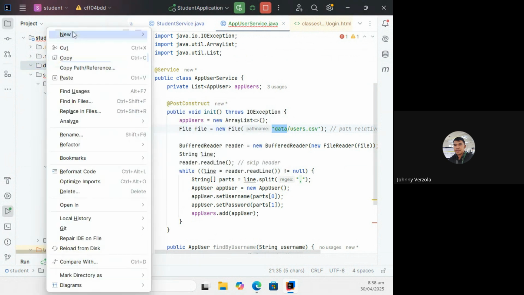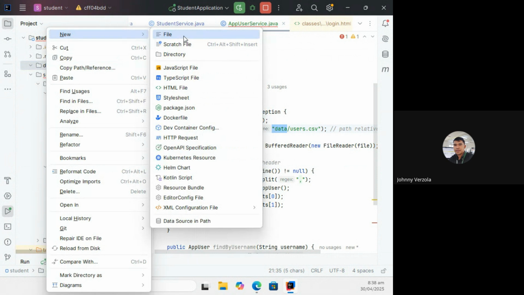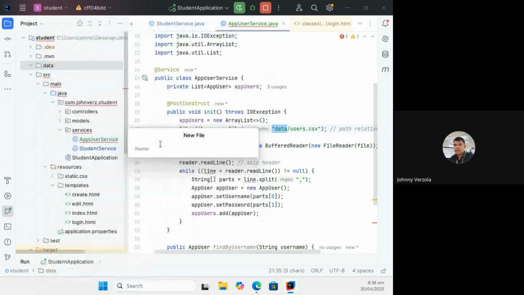In here, I'm going to create a new CSV to store our users, and I'm just going to encode them manually. We're not going to create a registration yet. For admin, it's not typical to create a registration for admin or staff. Sometimes it's externally managed. But we are just going to create registration later on for our customers, so they can create their own account.